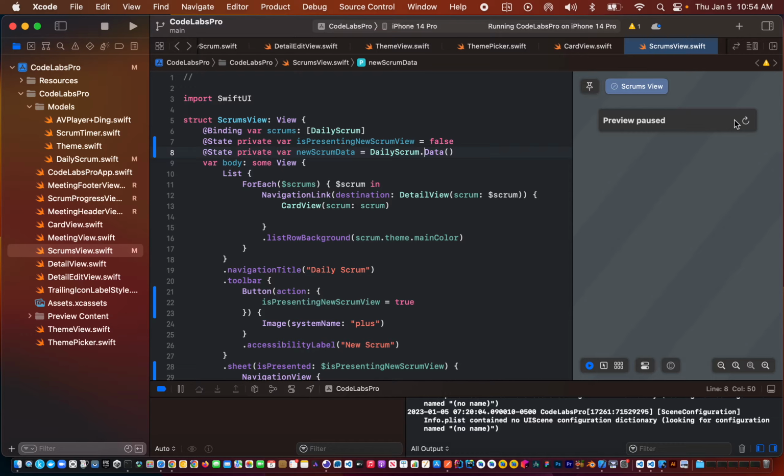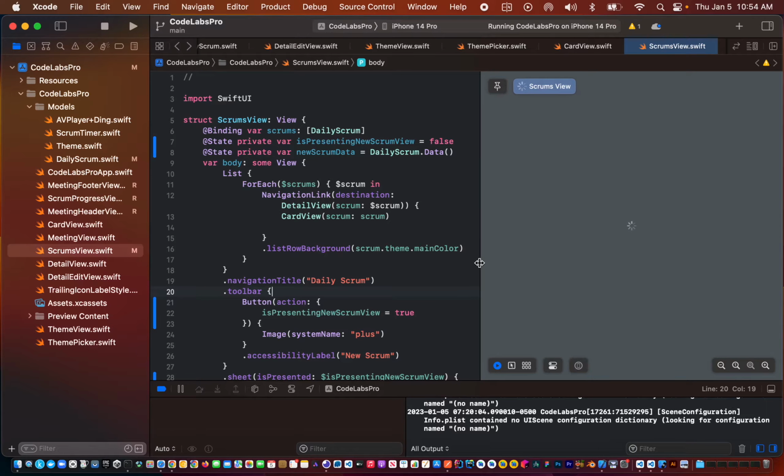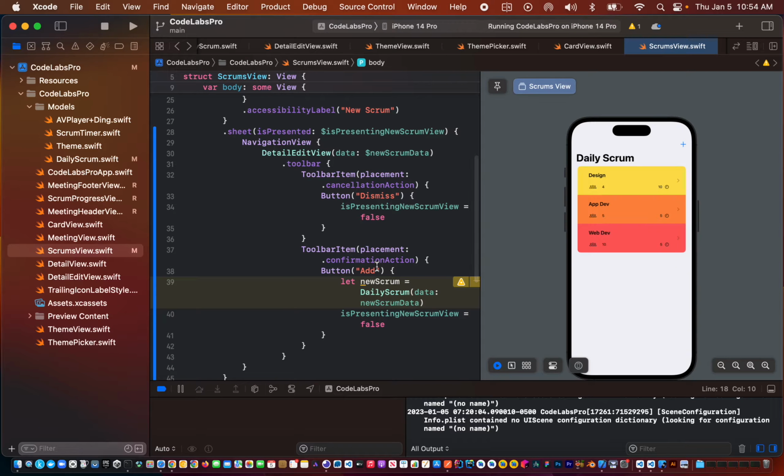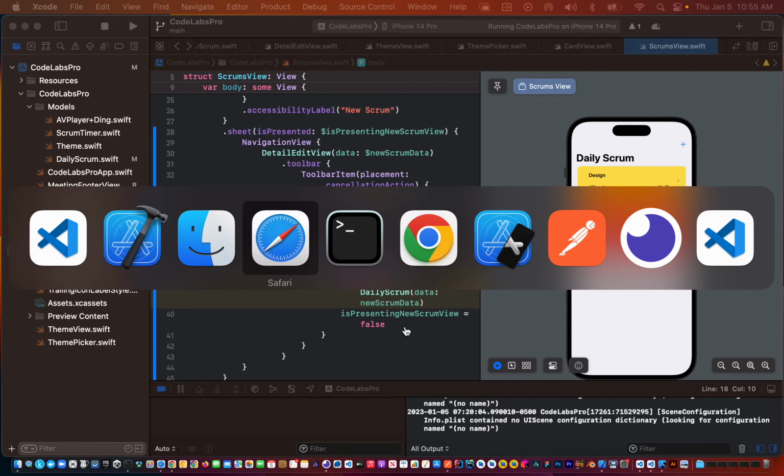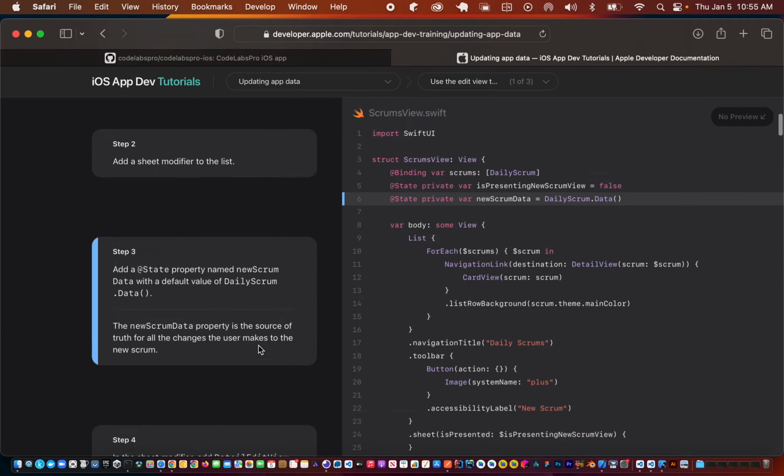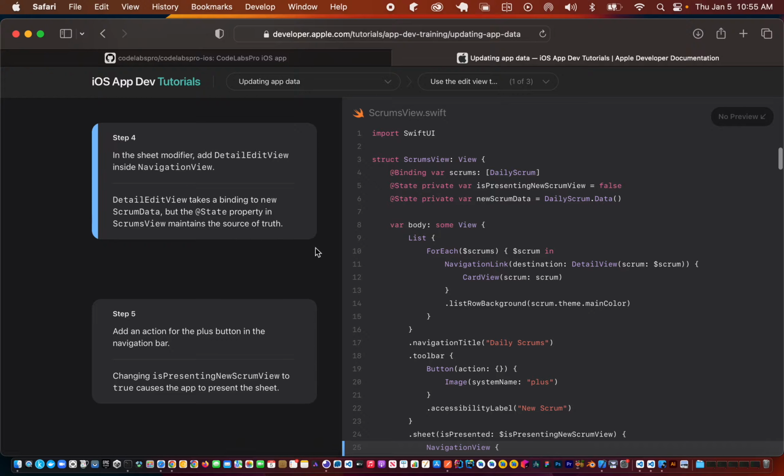So if we rebuild this, now we can pass the new Scrum in. So let's continue. Now we have our